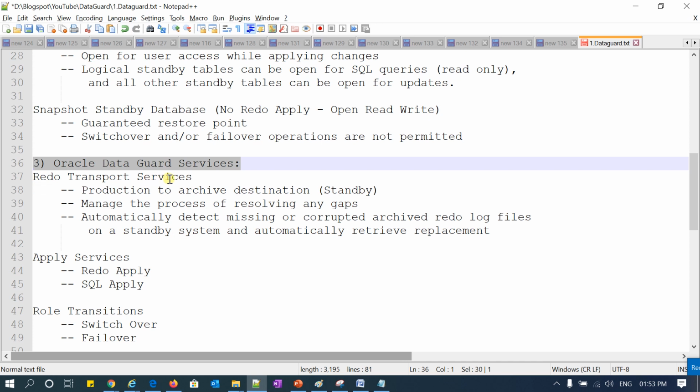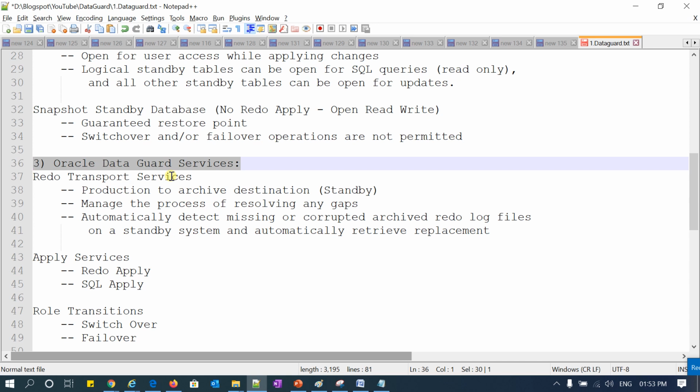And redo transport service is at the primary side. Whatever redo you generate at the production side, the archives are going to be transferred to your standby archive destination. It also manages resolving the gap. So what does redo transport service do?